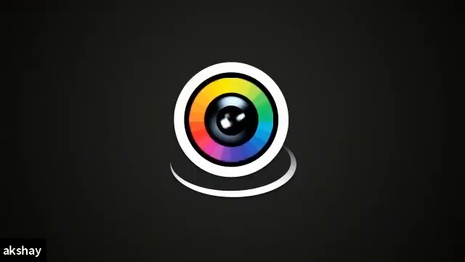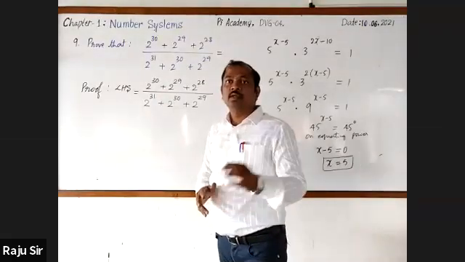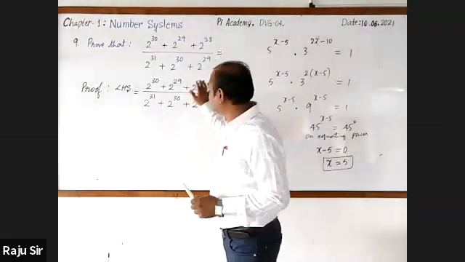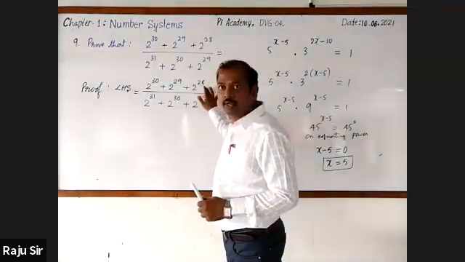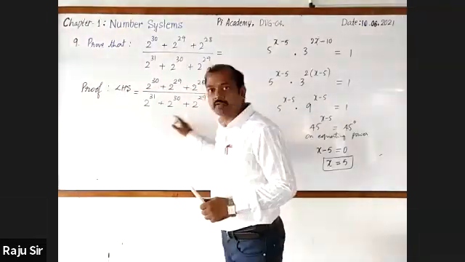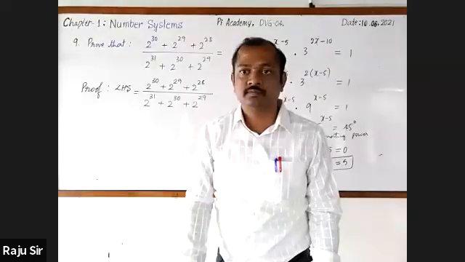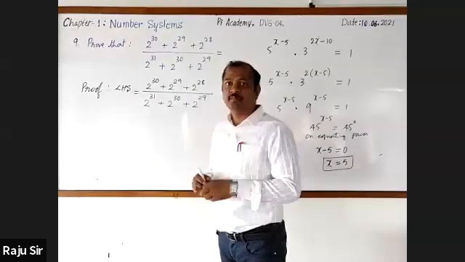Only plus sign is there. Sir, can we cancel? You cannot cancel either. The reason is in the numerator we have 3 terms and in the denominator 3 terms. Only if the denominator was a single term could we have cancelled. Sir, can we subtract the powers? Cannot subtract. I'll tell you why.